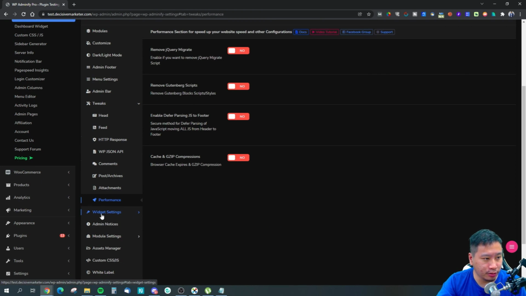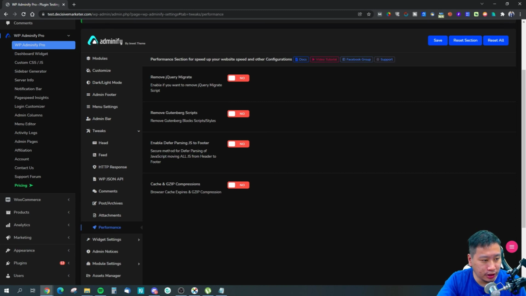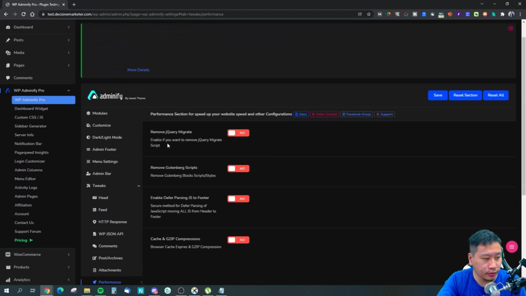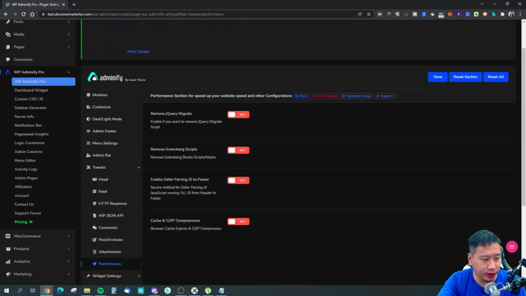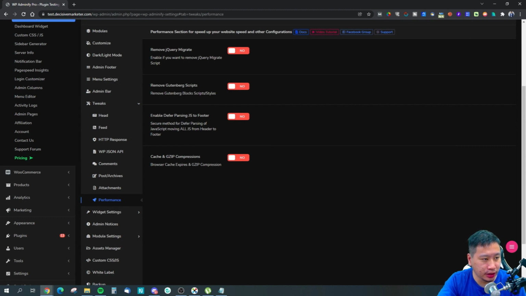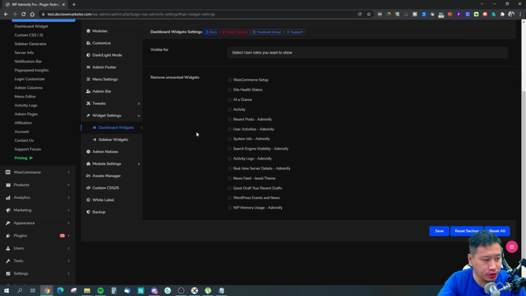And then performance. Okay, so this is going to help you to speed up your site a little bit, because it's going to add browser caching and gzip, and you can defer JS to the footer. And you can remove Gutenberg scripts and remove jQuery migrate script. Okay, widget,